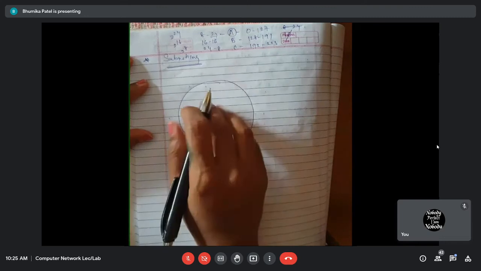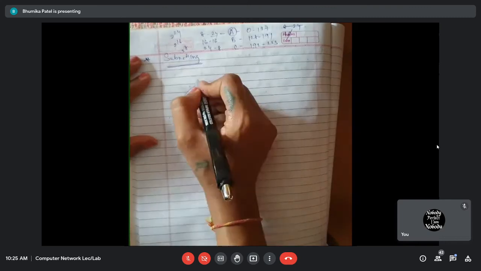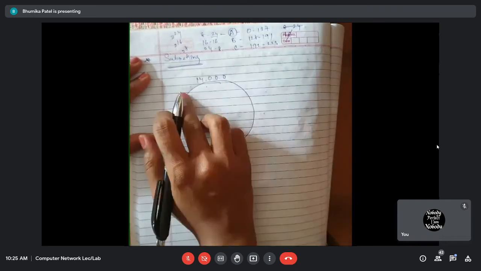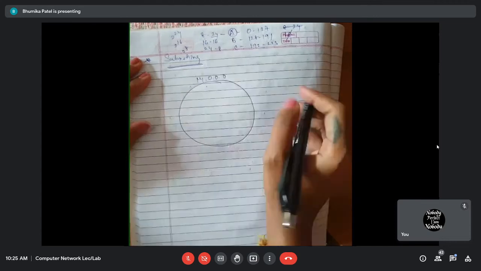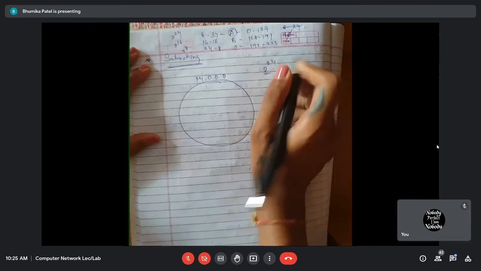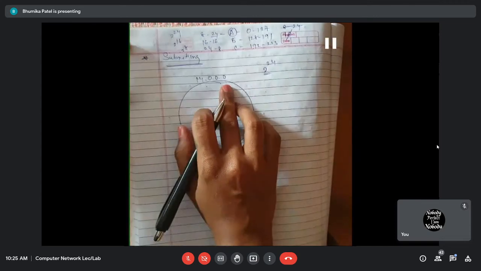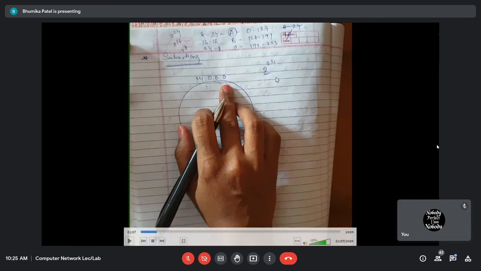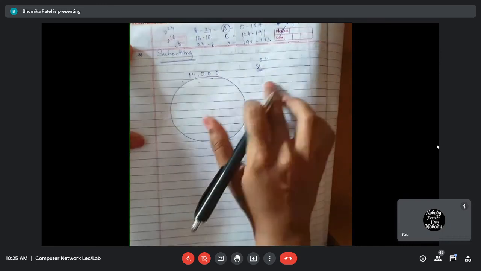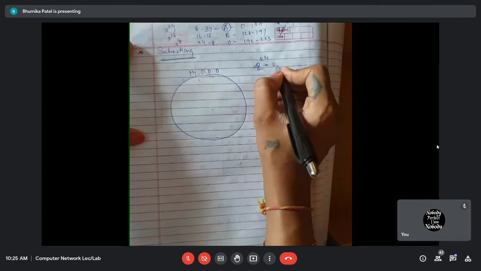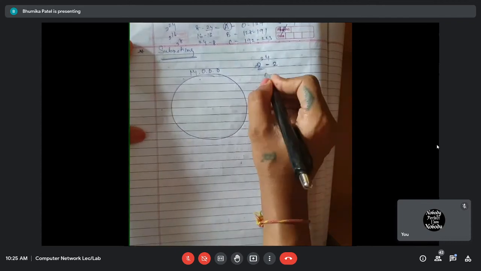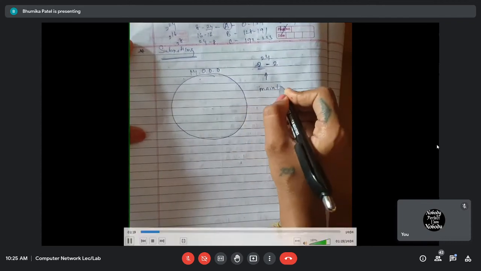So for example, if I'm getting this class A, then how many IP addresses will I be getting? 2 raised to 24 minus 2. Okay, so 14 belongs to class A. So I'm getting 2 raised to 24 minus 2 IP addresses. Okay. Actually, how many will the internet service provider give me? 2 raised to 24 only. But I will not assign the first and last IP address. Okay. So if we have this many IP addresses, so it is nearly what? 16 million hosts. 2 raised to 24 means nearly 16 million hosts.